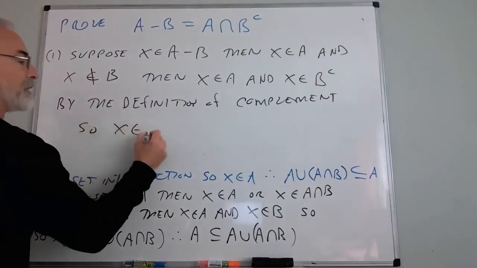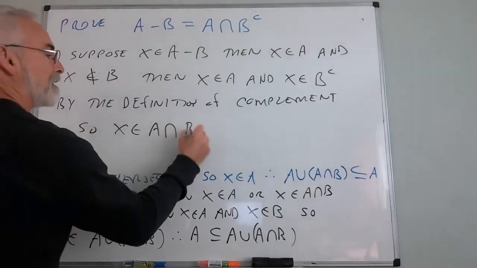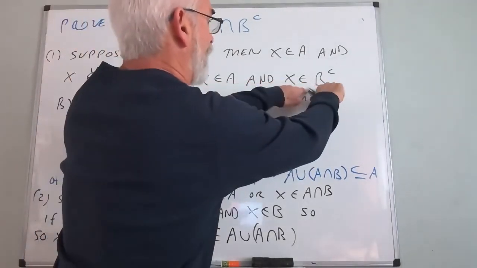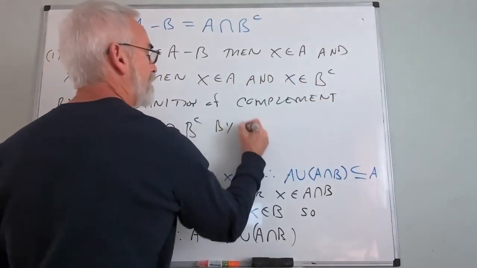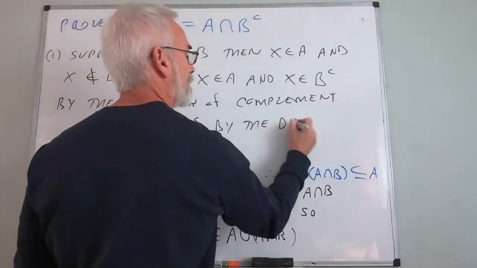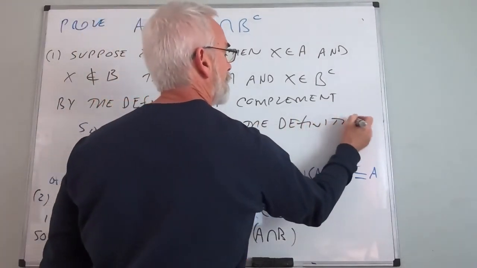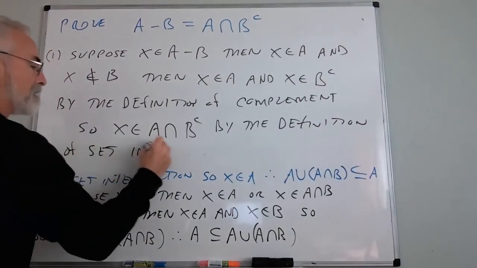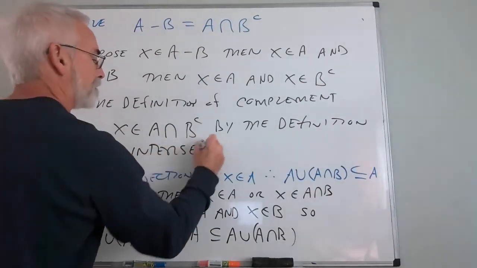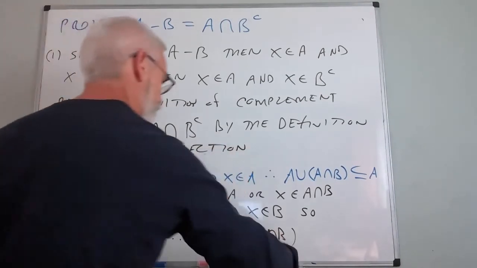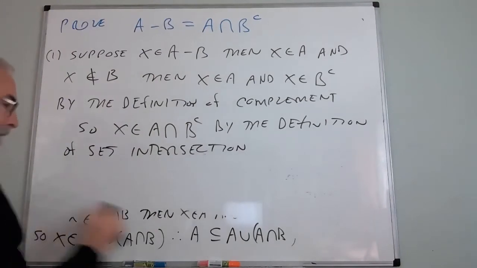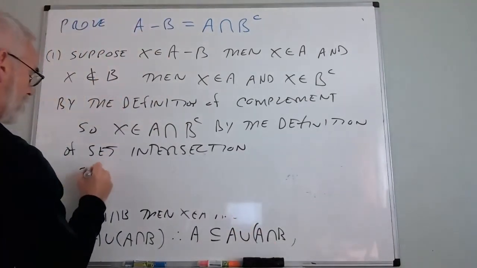So X is an element of A intersect B complement, because I'm in this set and simultaneously in this set, by the definition of set intersection. Thus,